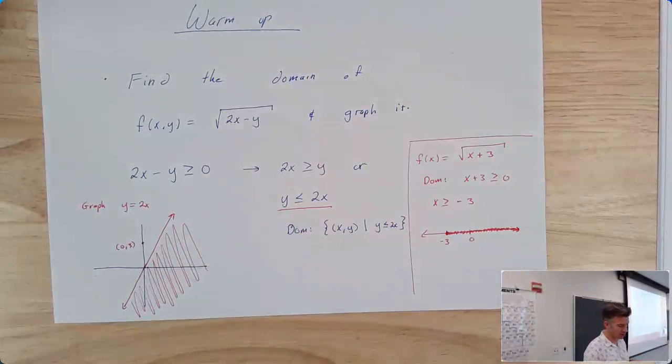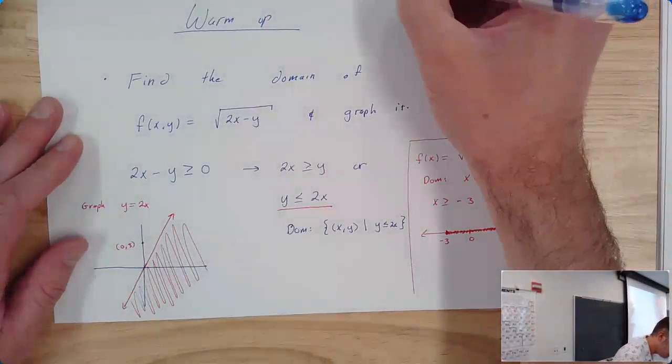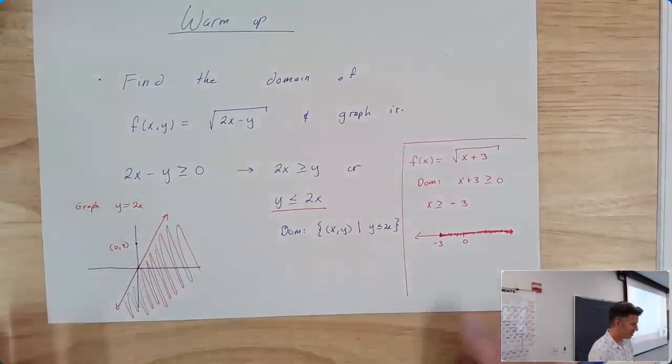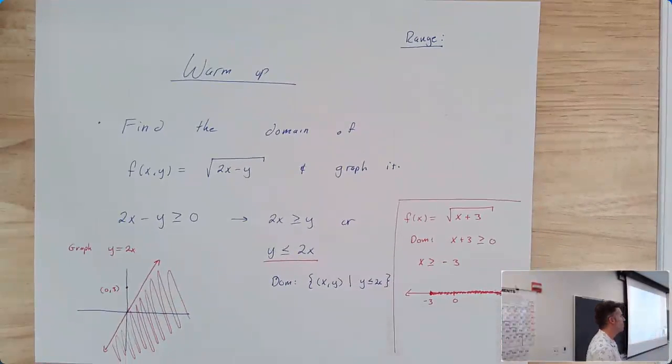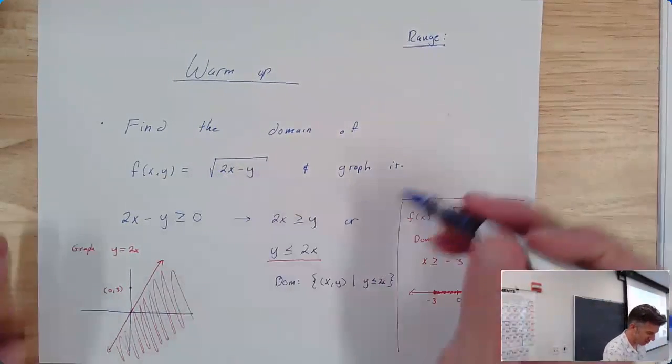Okay, one other thing I want to say about it, which is often when we talk about domain, we'll talk about the range. So what is the range of this? Well, I have enough to look there, I suppose. Range is always a little dicey. It mostly involves looking at what you've got and trying to just kind of ask yourself, how big can it get? How small? So if I'm looking at my function equal to the square root of 2x minus y,